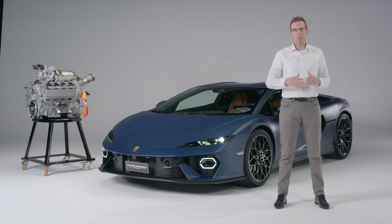It's really a pleasure to present you the new Temerario that features an entirely new drivetrain. The heart of this drivetrain is for sure our completely new V8 twin-turbo hybrid engine that is developed in St. Agatha and also produced in St. Agatha, especially and exclusively for this car. On top of this